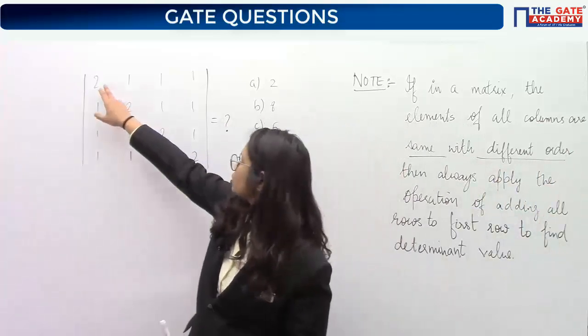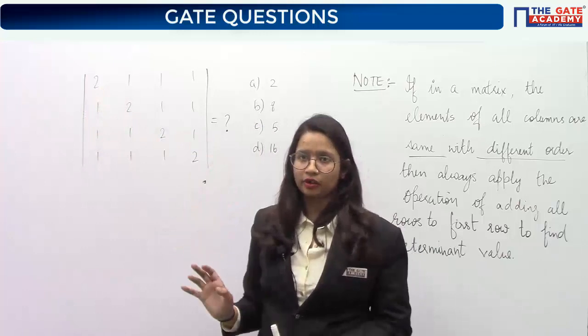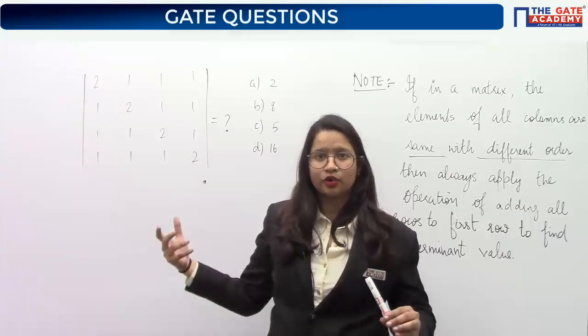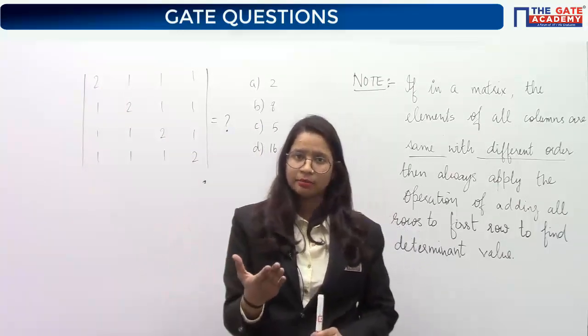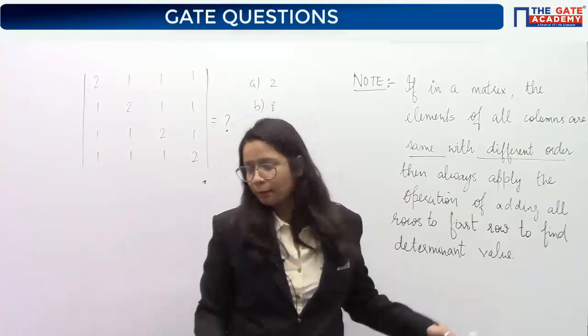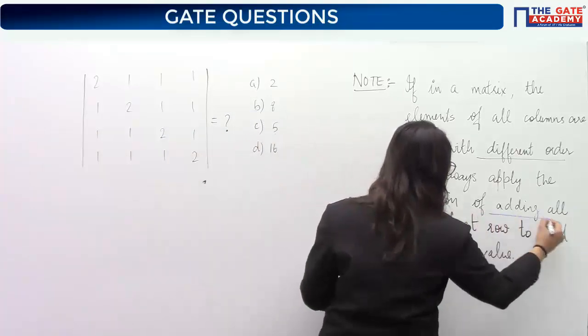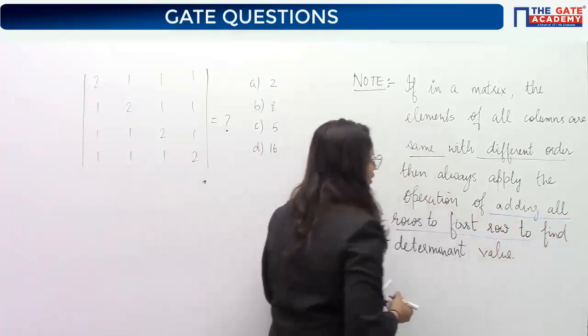Like in this, 2 is the first element, in this it is second, it is third, and so on. So in this kind of matrix, when the columns have the same elements in different order, always apply a golden operation of adding all the rows to the first row,